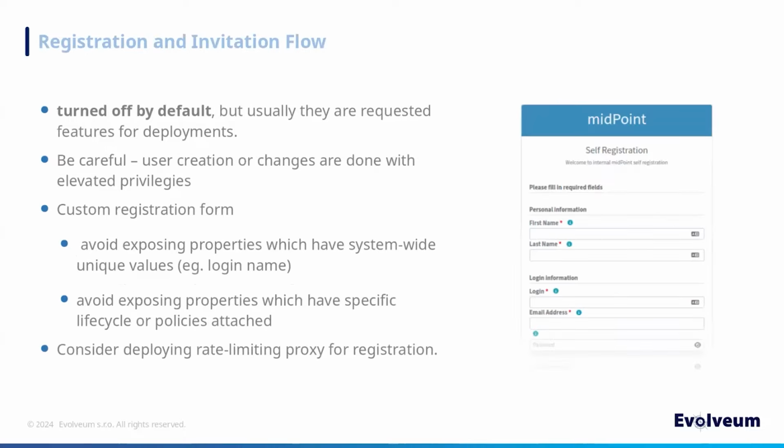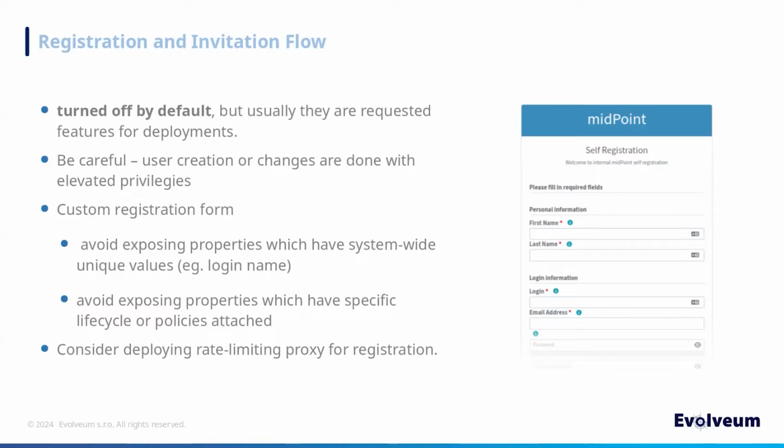The self-registration and invitation flows are disabled by default. If you are configuring any of them, you should be very careful. You should review and validate the configuration from a security standpoint. The changes done by these flows, which is the user creation or the user modification, are done by an unauthorized user